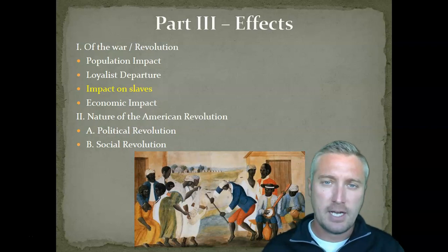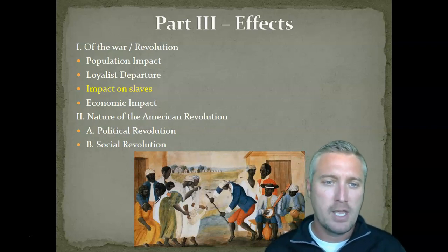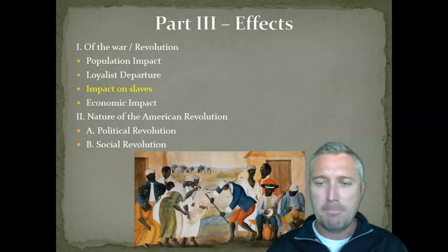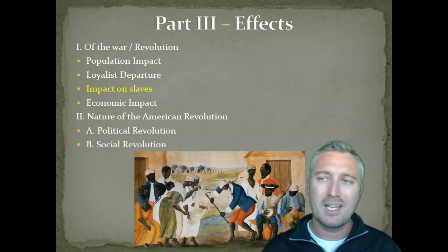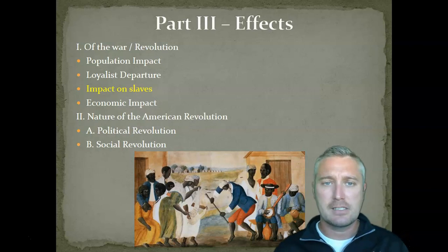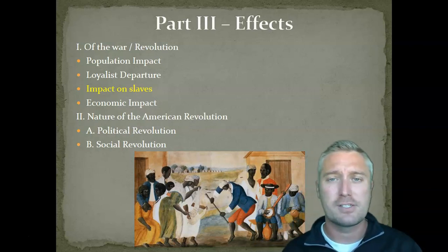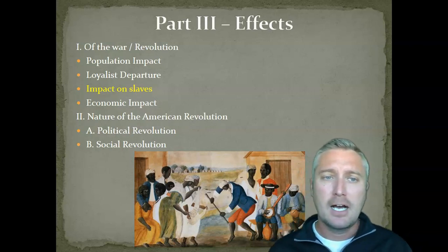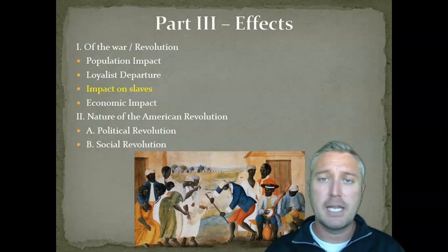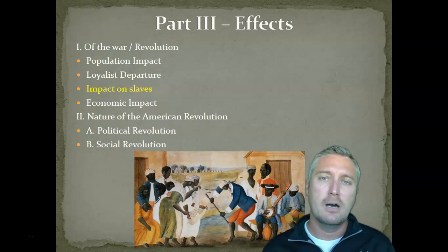It will, of course, grow, and this evil institution will become even more powerful. But a lot of these colonies, and perhaps I should have gotten into this earlier on, the middle colonies and those lower southern colonies, that is where primarily the slaves were located. But you think about the types of farming that they're engaging in, it's not nearly as labor intensive as what will come later as we begin to spread westward into places like Mississippi and Alabama. Cotton is not the main crop of America at this time. Tobacco is the main crop that is being farmed, and frankly, you just don't need as many hands picking that.